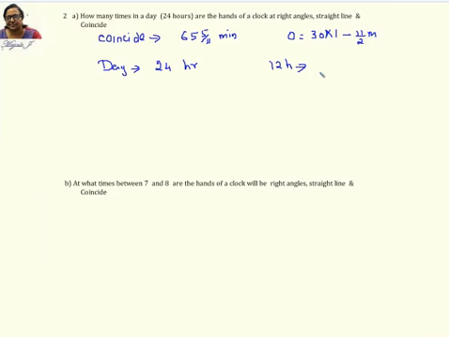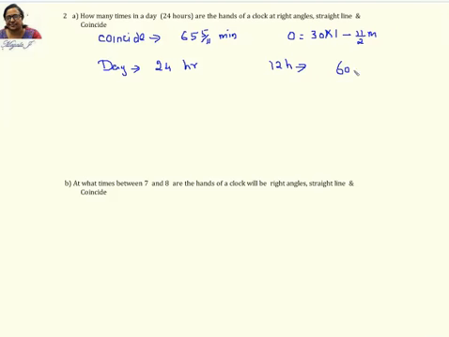If I consider that every 60 minutes they coincide with each other, and you divide exactly, 60 minutes is 1 hour, so 12 by 1 will be exactly 12. But now this is increased to 65 5/11, so obviously the number of times is going to be less than 12. It's not going to be exactly 12, but how much?